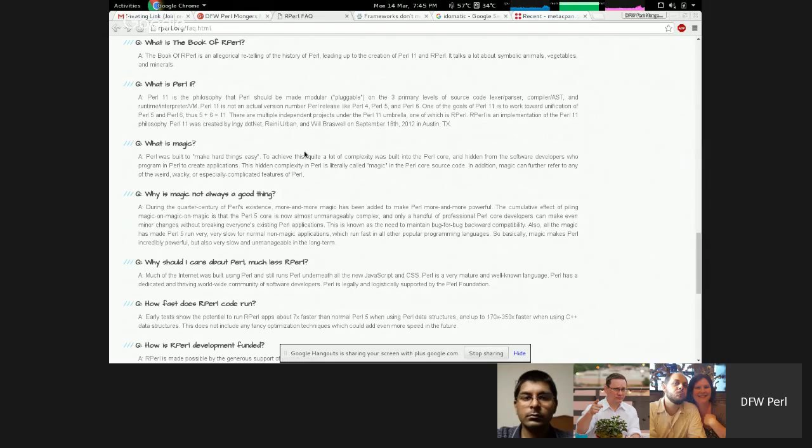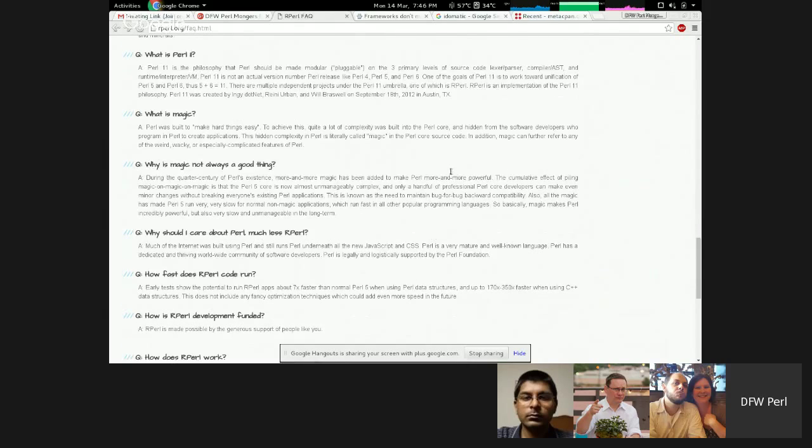You were just saying something similar about Mojo. Mojo goes above and beyond, does some really cool stuff down deep inside, kind of magic. Complexity built into Perl core and hidden from software developers who program in Perl to create applications. This hidden complexity in Perl is literally called magic in the Perl core source code. In addition, magic can further refer to any of the weird, wacky, or especially complicated features of Perl.